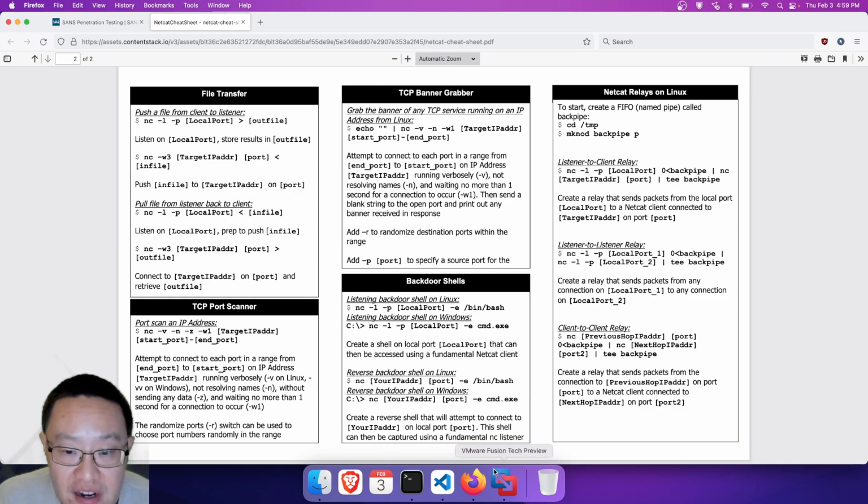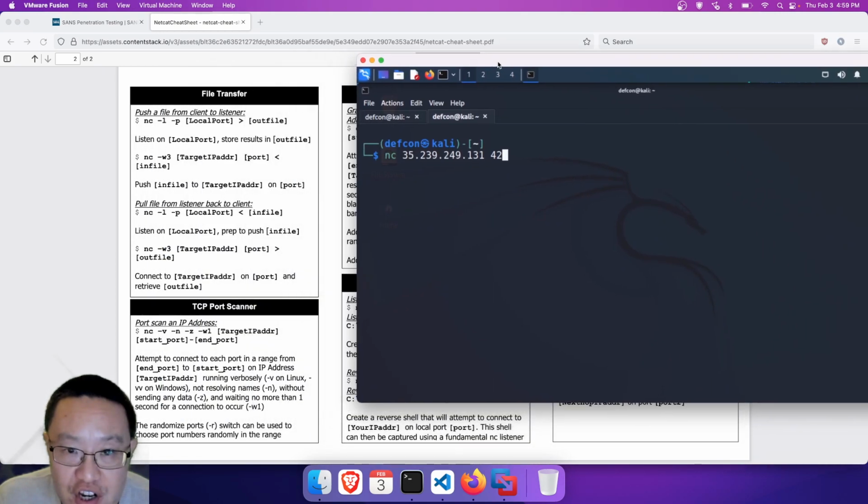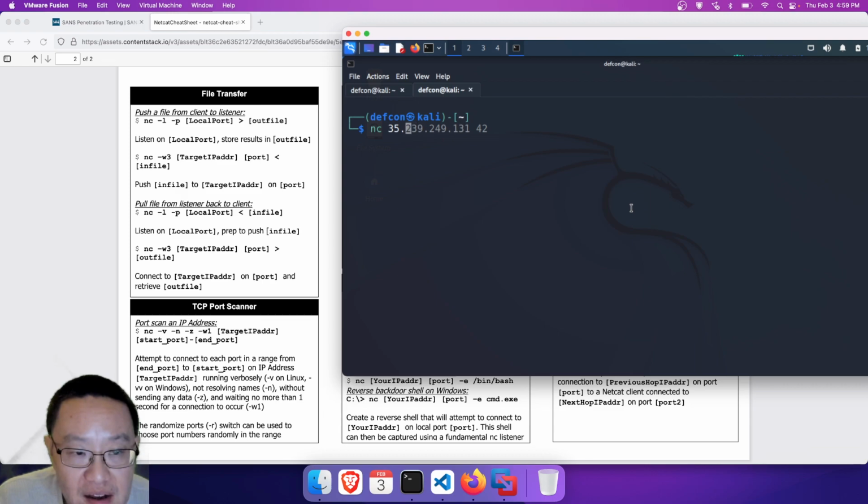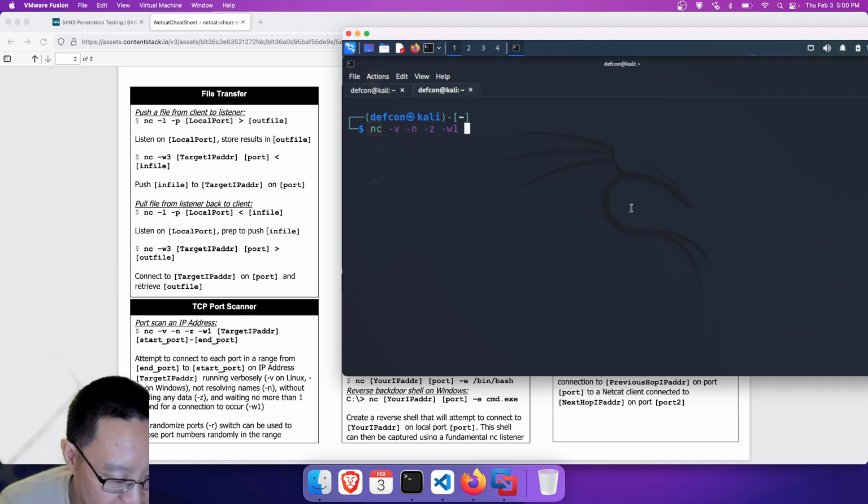Yeah, well, let's take a look at the cheat sheet. So what we got here? How to do a TCP port scan with Netcat. NC minus v for verbose, minus n for not resolving domain names, minus z for without sending any data, and minus w1 for waiting no more than 1 second for a connection to occur. Okay, this could be pretty interesting. And the target IP address is